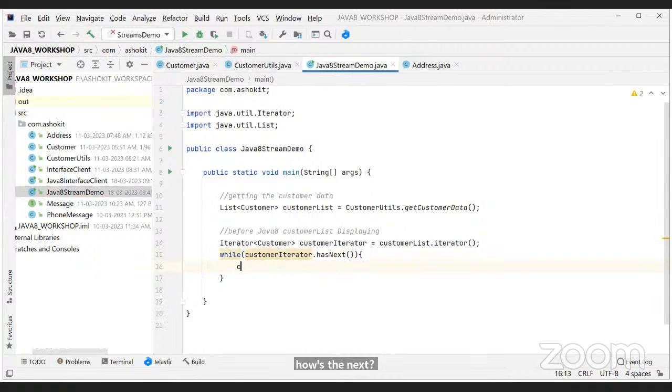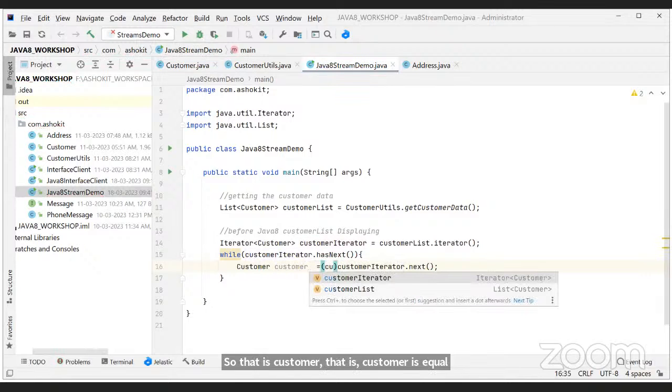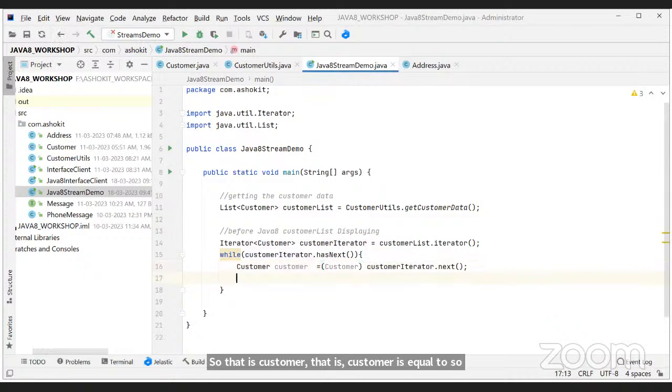If it has the next element, you need to get the current element, so typecast to Customer. And then System dot out println, printing the customer object. This is the way of displaying the customers list before Java 8, sir.